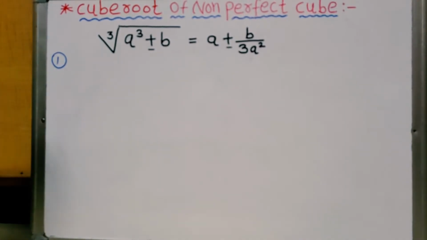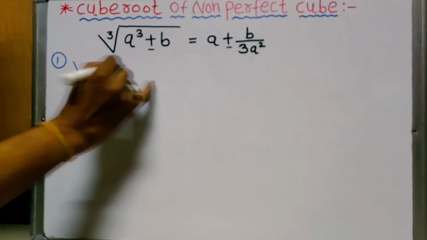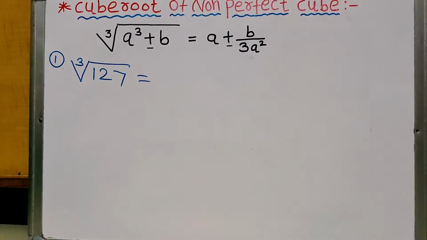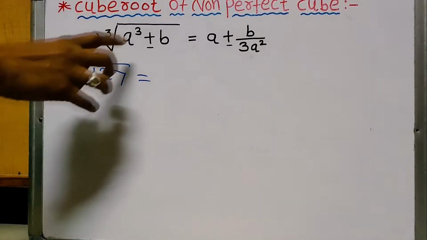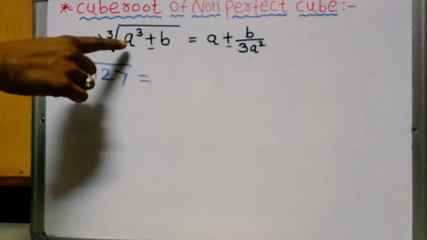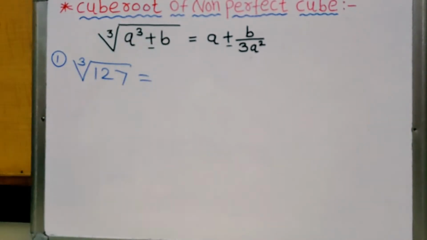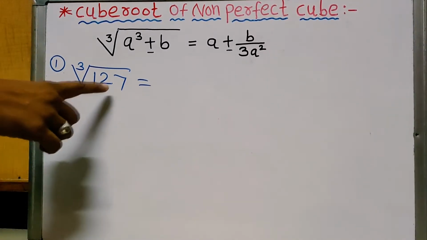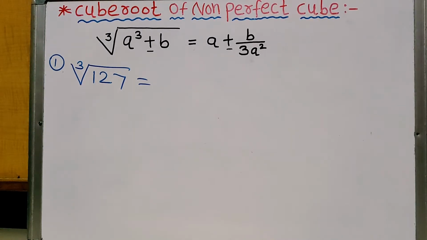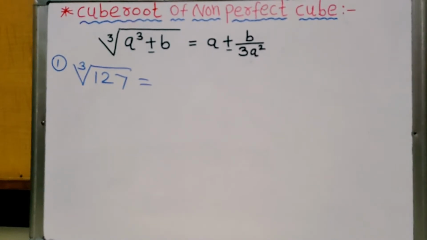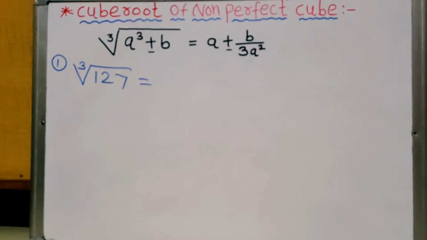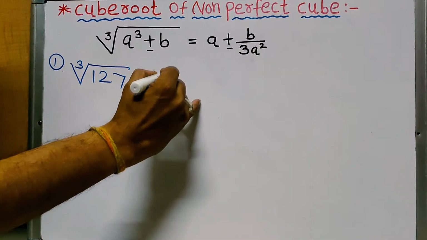Suppose we have to find the cube root of 127. So we have to split 127 in the form of a cube plus b. First we have to check that 127 is not a perfect cube number. So we split this 127 in such a way that 127 is close to the perfect cube 125. So we split 127 in such a way,